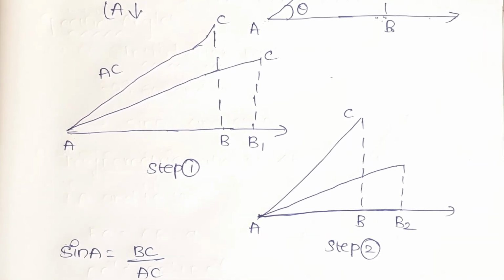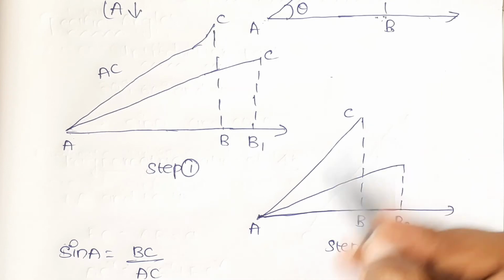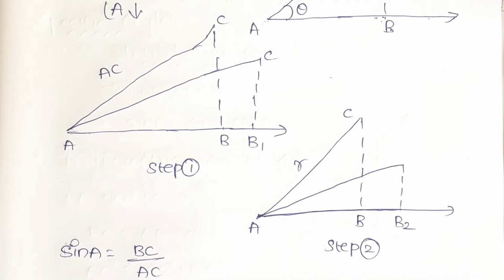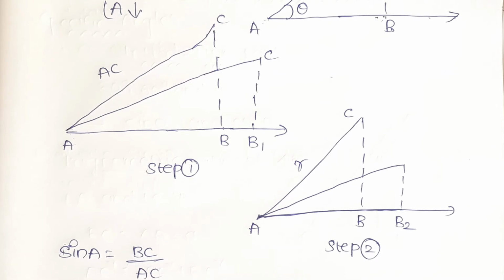And then if A is 0 degrees, then BC is also 0, and AC equals AB equals R. Here the AC length is R. So from this, sin 0 equals 0 by R. That is, BC is 0 and AC is R, that equals 0. Similarly, cos 0 is